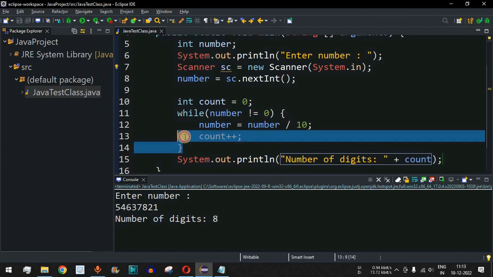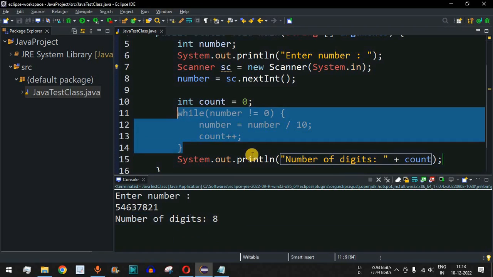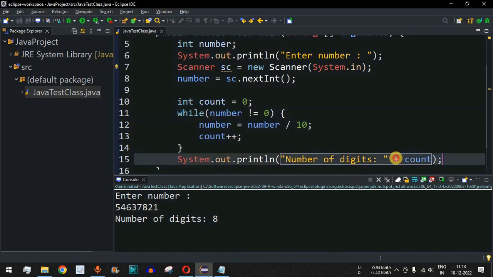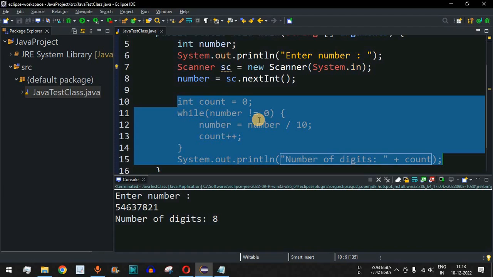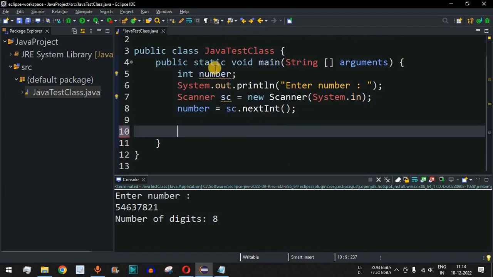So guys, this is the very simple logic that you can use in order to find the number of digits in the entered number. Now guys, what is the other way? Without using this loop, can we find the number of digits in the number? Yes, we can. So basically, I'll just remove these lines of code over here, and once the user enters this